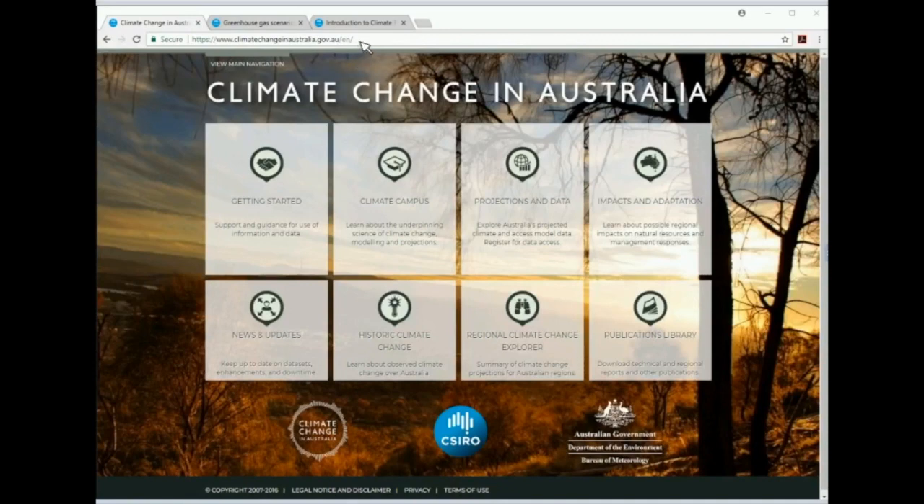So to begin with, there's the URL at the top, www.climatechangeinaustralia.gov.au. And if you haven't had a look at the website before, I would encourage you to do so. It's pretty comprehensive. A couple of things to note is that,